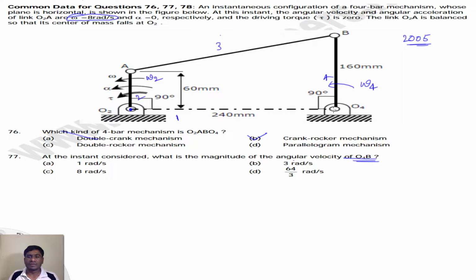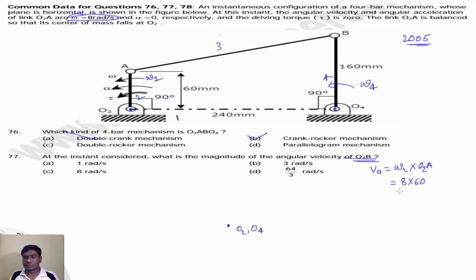So what is our first step? First identify the fixed points. Those two fixed points are O2 and O4. What is our next step? Identify the known velocity vector. Here only the velocity of A is known, because omega 2, the angular velocity of link 2, is given. So what is the velocity of A? Velocity of A equals omega 2 into O2A. So that equals 8 into